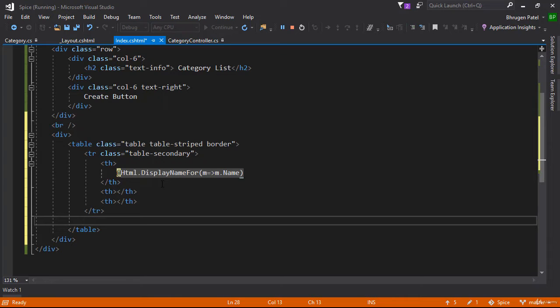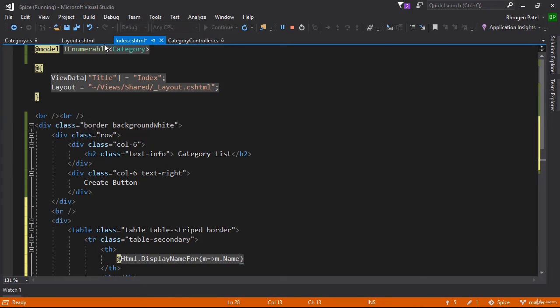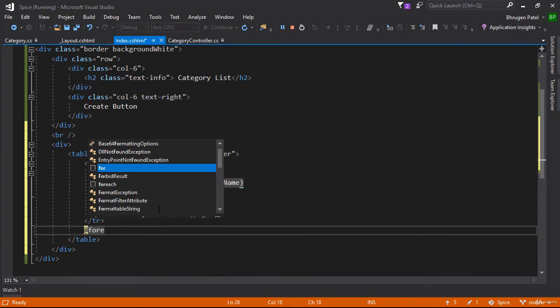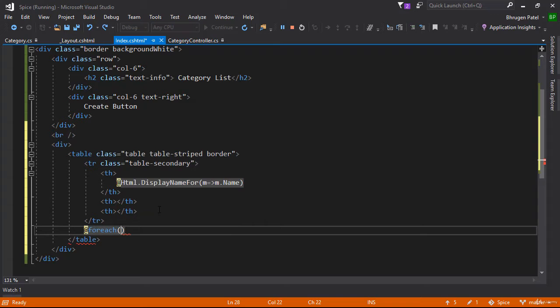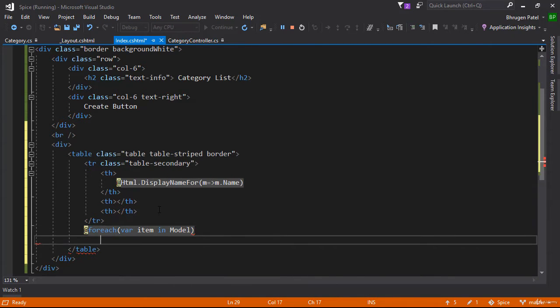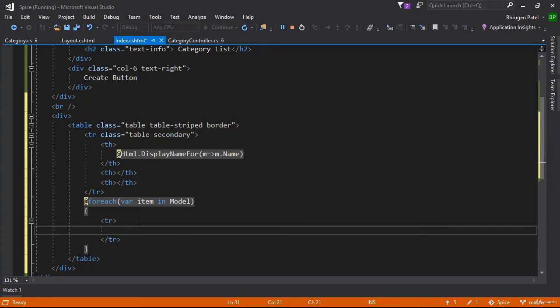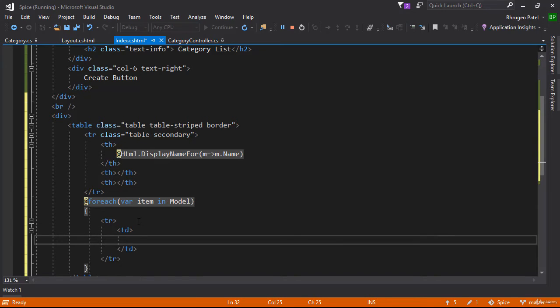Now what we need to do is, you know that we have retrieved this list of categories. So we need to iterate through that list and display all the category names. So for that, right here, we'll use a foreach loop and we'll say var item in Model. So for all of the values inside the model, it will iterate through them and we can access it using this item. So for all of them, we want to create a new row. So we'll use tr and we want to display in a td